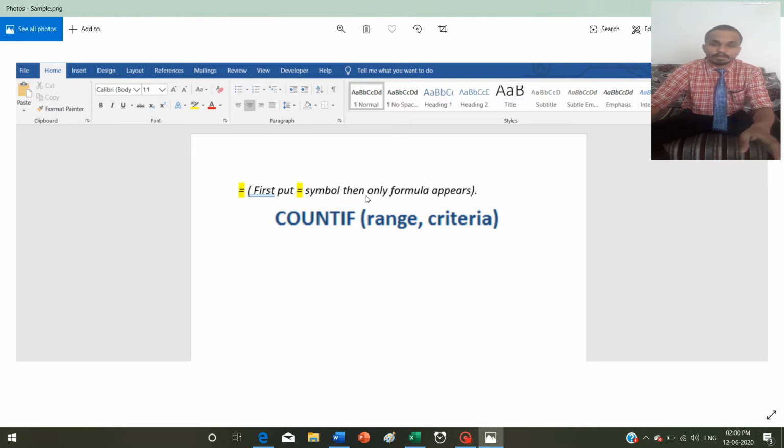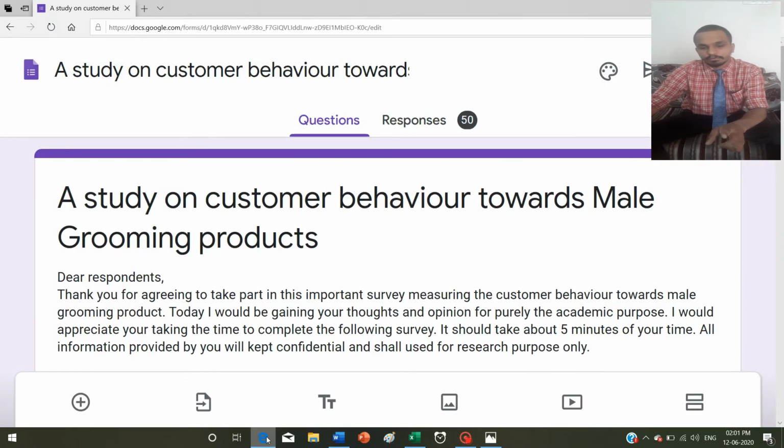For example, there is a marital status, and you want to find how many people were single. First of all, you have to remember this formula, and always remember, without the equals symbol you can't use the formula. You have to put equals first. Then only you can use this COUNTIF formula.